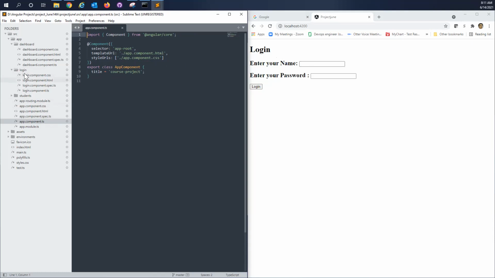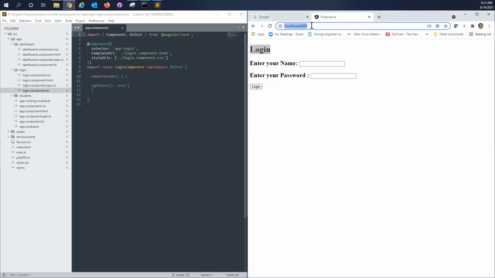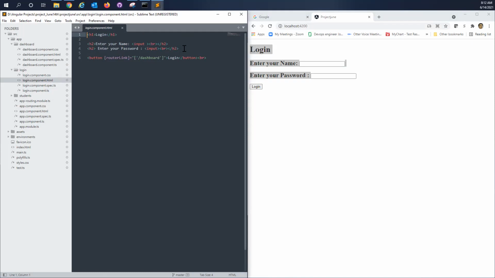Now, if you go to login, because we are in login, right? Yes. Okay. In this login.html, whatever content you want to display in the web page, we write here, right?